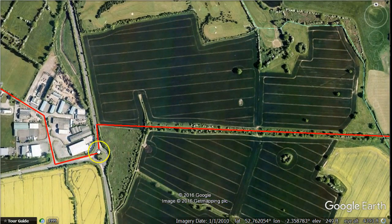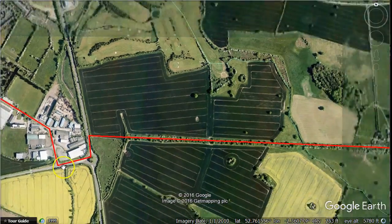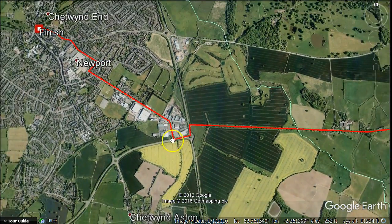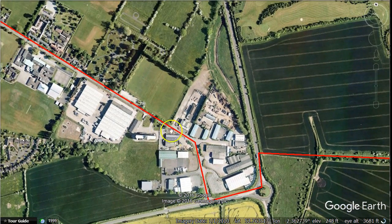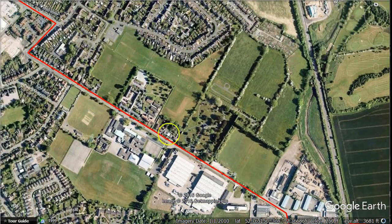You will head to the roundabout and turn right on, I think it's the A518 from memory, towards Telford, and then you turn right onto Audley Avenue, and it'll be signposted Audley Avenue Estate. There's a Focus DIY here and one of those country stores that sells country things like Barbour jackets and all that kind of malarkey. There's one of those there, and then just basically follow that around right the way to